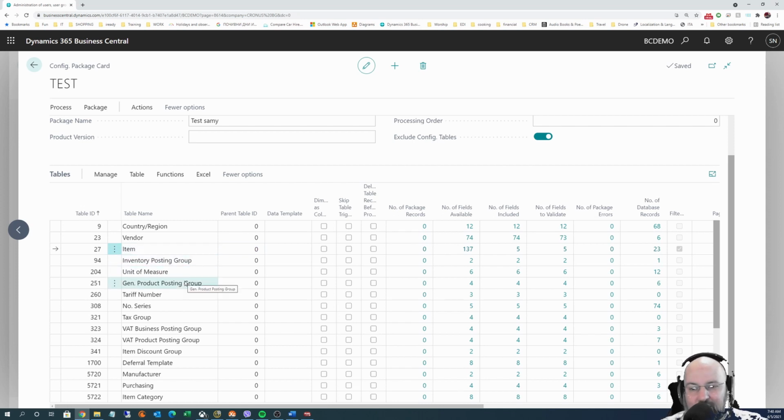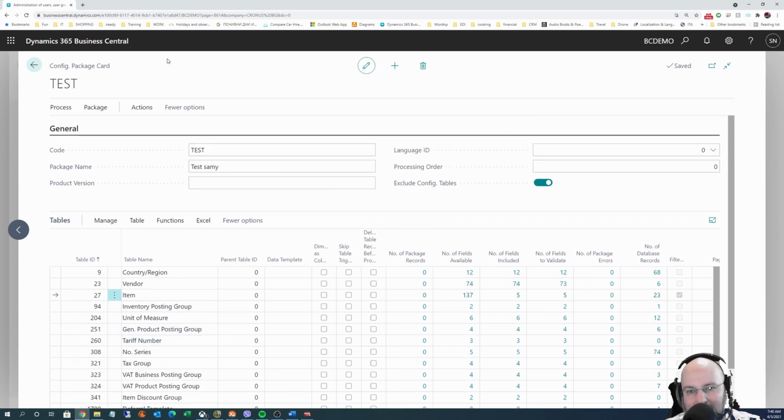Now, another scenario for this is where you want to actually export this whole thing and go and put it in another company. So this is where the configuration package really comes into its power, because if I wanted to export the item table, and I just selected 5 fields in this case, and then I want to go and import these 5 fields in a different table, in a different company,